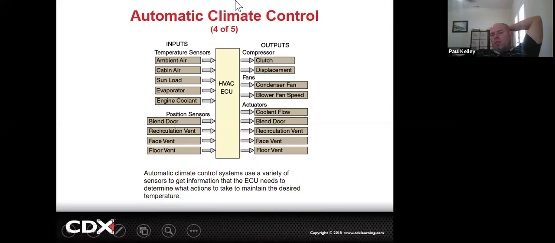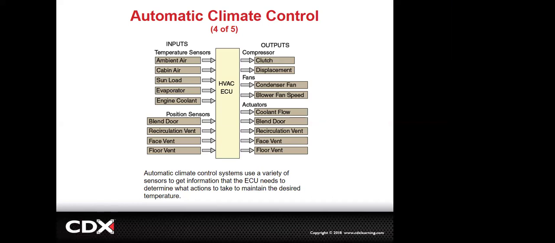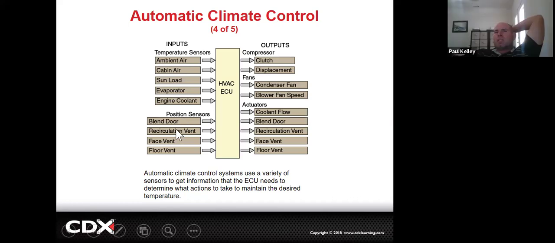You want to defog, you want your dirty, moist air you're breathing, or you want some fresh air? Some nice fresh air. Definitely. So it needs to know, what are the positions of all of these actuators? These are sensors. Then from there, it's going to say, okay, here's our plan. We're going to move the blend door to hot. So it's going to use the blend door's sensor as an input, but use the blend door's motor as an actuator. Okay. So when it uses that motor, it says go to hot,